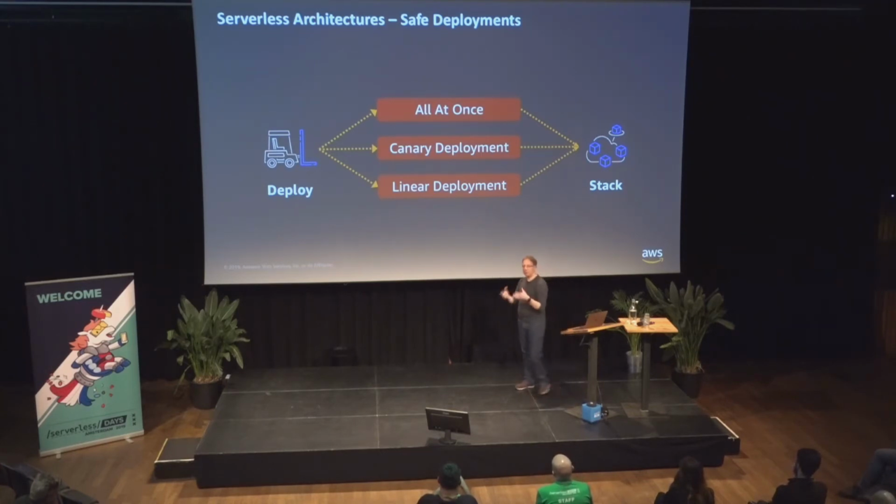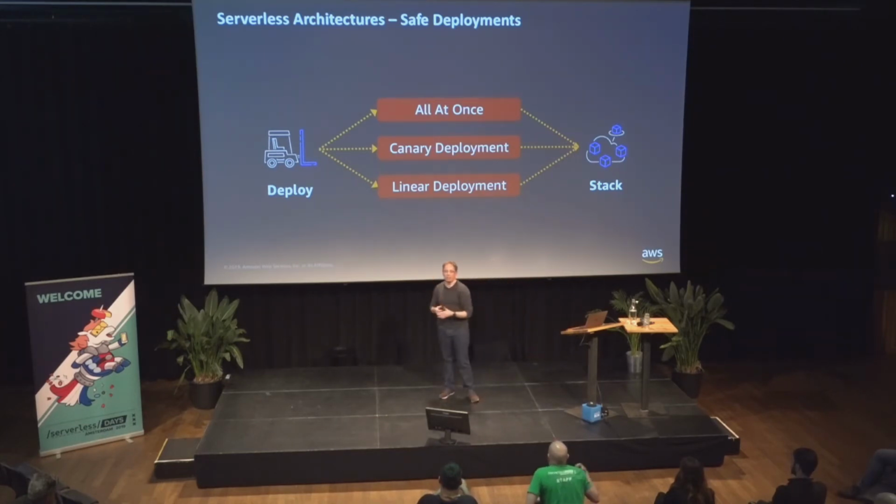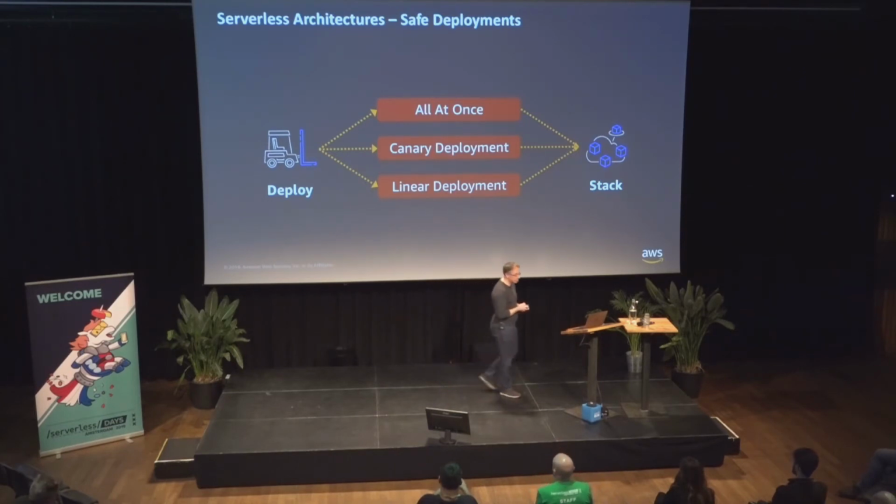And normally, we split canary in two categories. By canary deployment, I mean a canary release that works in two stages. First, a small amount of my customers see the new version of my application. And then if it works, I roll this out to everybody. Linear is something where we slowly deploy to a growing number of customers. So maybe we start with 10%, then 20%, 30%, until we reach 100% of our customers.